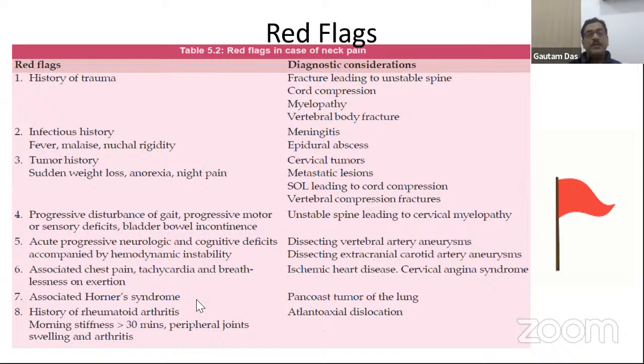And next, the red flags. Red flags are almost similar to the lower limb: infection, tumor, and apart from that, if there is any progressive sensory loss or any motor loss, this should be kept in mind. Apart from that, the bladder and bowel, like in the lumbar pathologies, the lumbosacral areas,